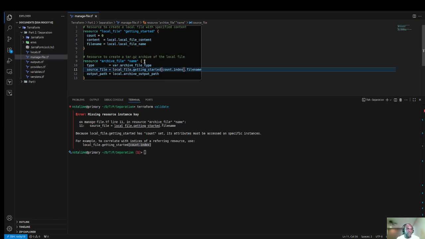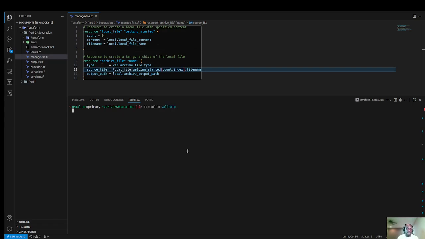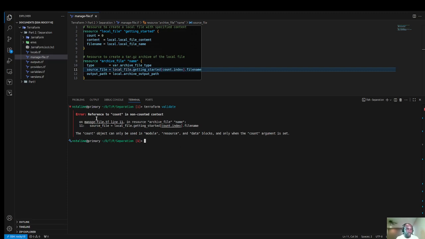But now, let's see if terraform validate is happy now. Oops, it is not. It says reference to count in non-count context. Yeah, the computer always has something to say that we human beings don't really understand. But let's go ahead and understand what's going on. We still have a problem on line 11, and it is pointing at this. At first we might think that there is a problem with this line, but there is no problem